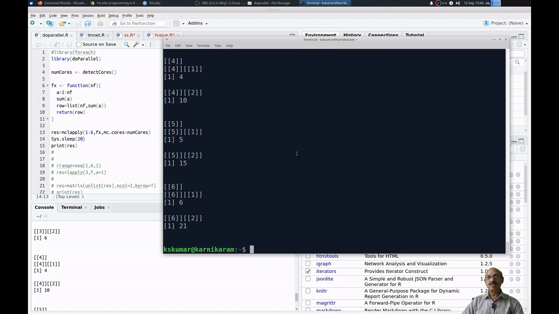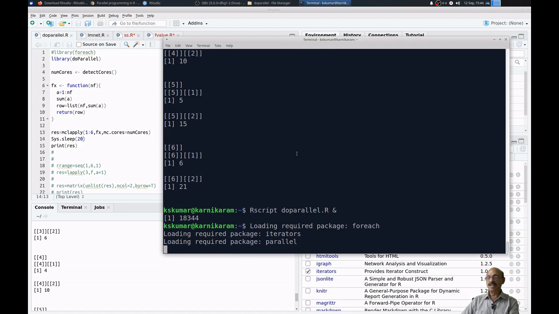Suppose your program is taking 10 hours, or even 4 hours, if it is a very lengthy code. Once you give this command, you have to wait 4 hours to come out. Then only you can log out from the system. Otherwise, you cannot close this terminal. But there is another way. You can run the program in the background.